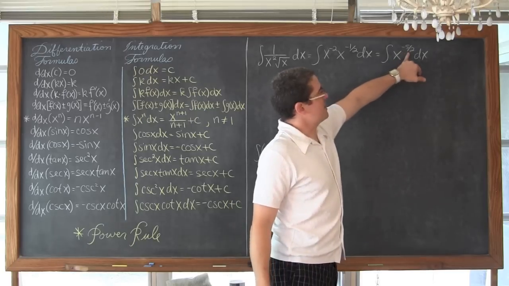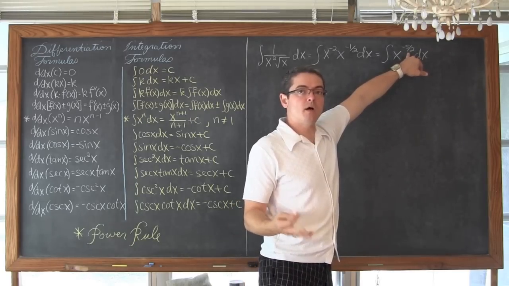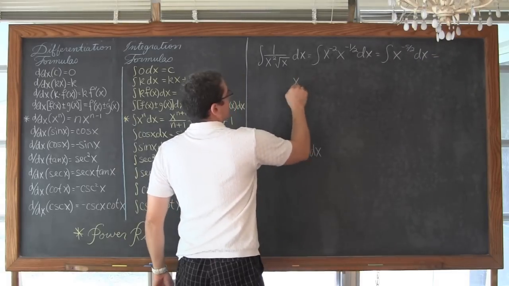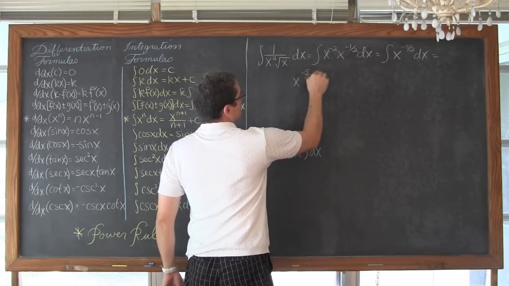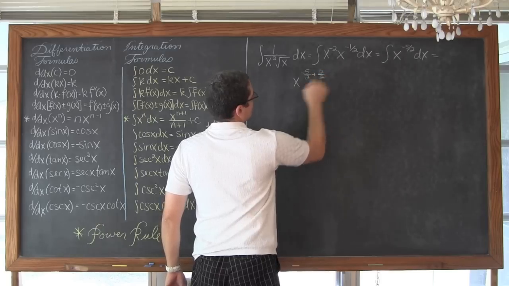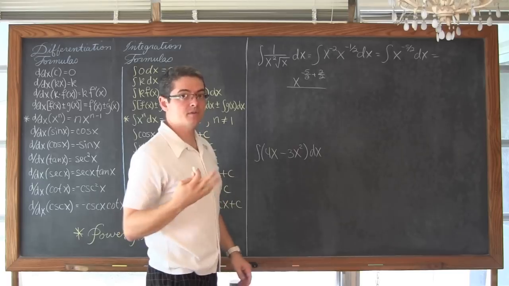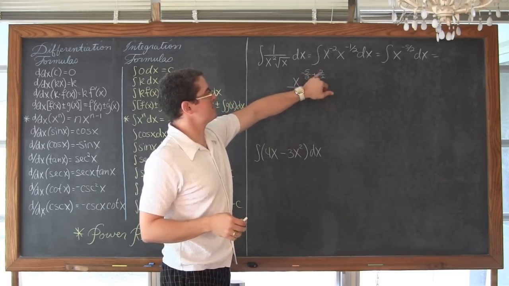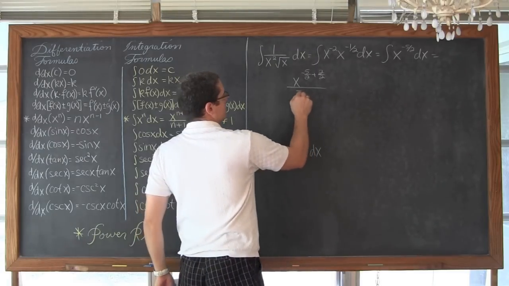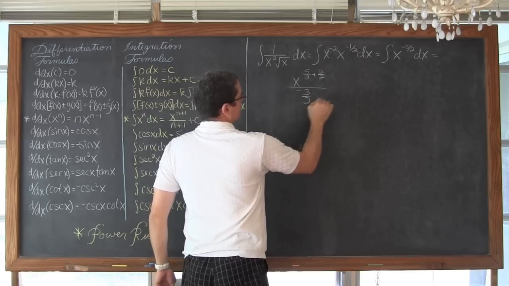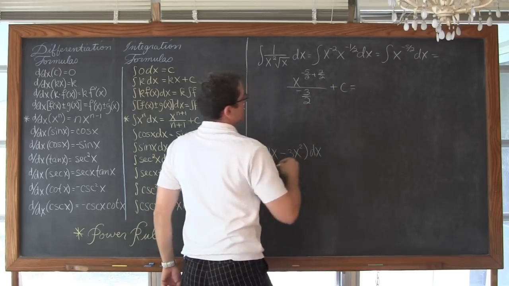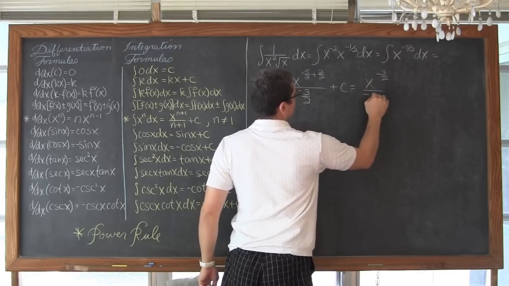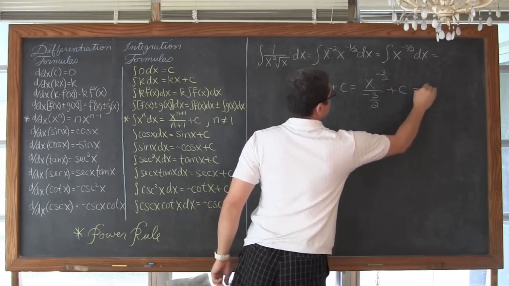And that means we're going to take this power, increase it by 1, divide by that same value, and so that becomes x to the -5 over 2 plus 2 over 2. That's, of course, 1 with the common denominator written out. Now, -5 over 2 plus 2 over 2, that's -3 over 2. So we're going to divide by -3 over 2 plus c. So we have x to the -3 over 2 divided by -3 over 2 plus c.